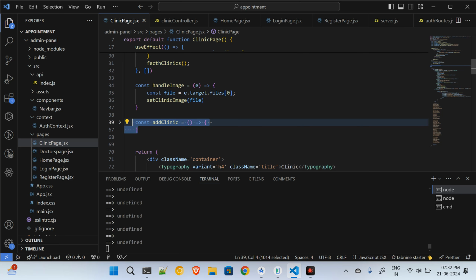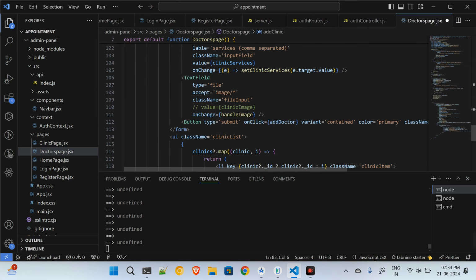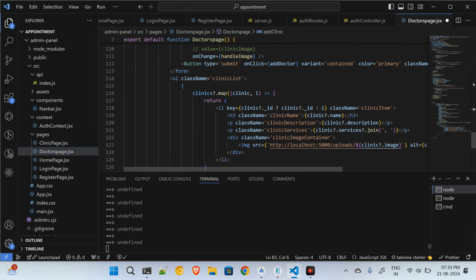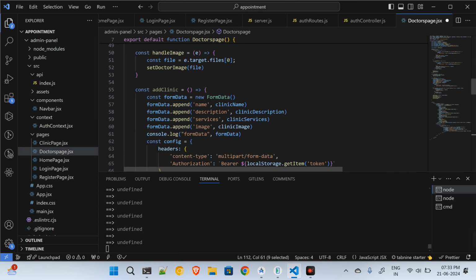I'll copy this. I'll come over here, and where is that add doctor? So I'll come up here and add doctor now. And there are some of these parameters which I have to just change. Name will be there, image will be there, description will be there,